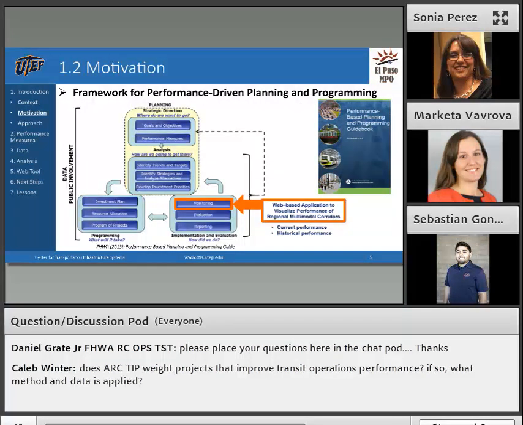Now going over the motivation for the development of this tool. Really the motivation was to be able to visualize the performance of transportation networks so that decision makers and local partners can view the performance measures based on available data from various sources, and to track transportation performance over time. This tool will aid the MPO as part of the monitoring elements of the planning and programming process, and this is also part of the congestion management process. The tool will be used for the analysis required for the congestion management process.